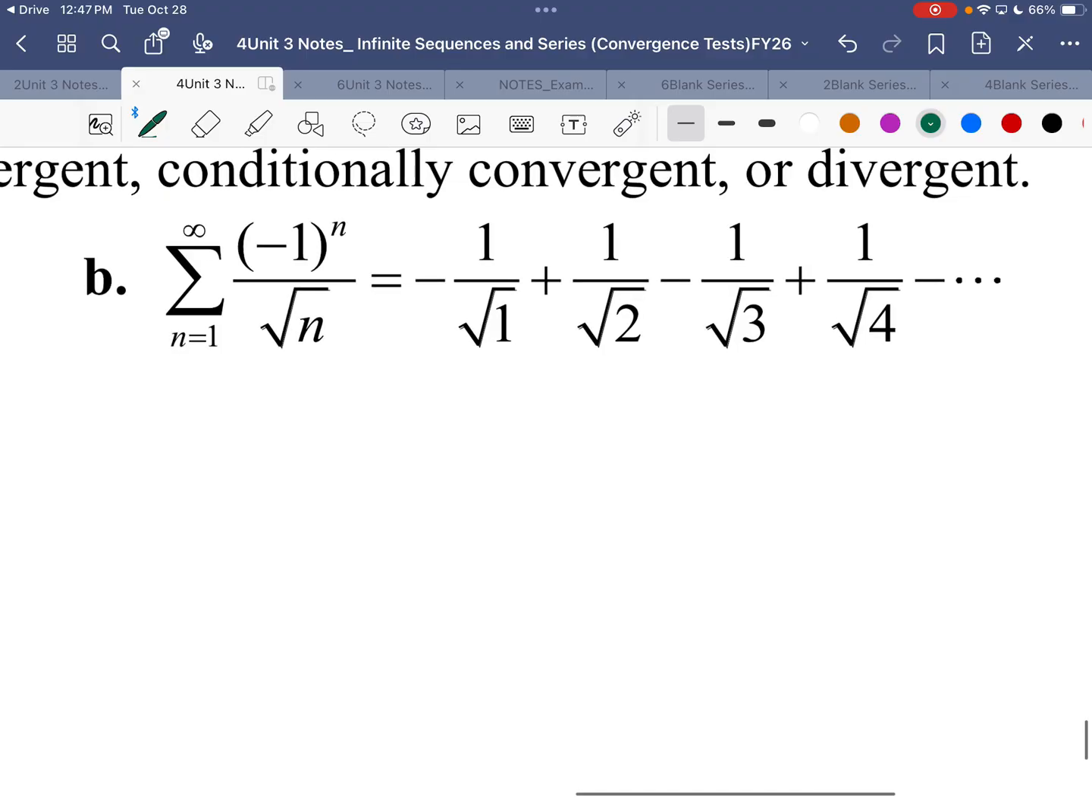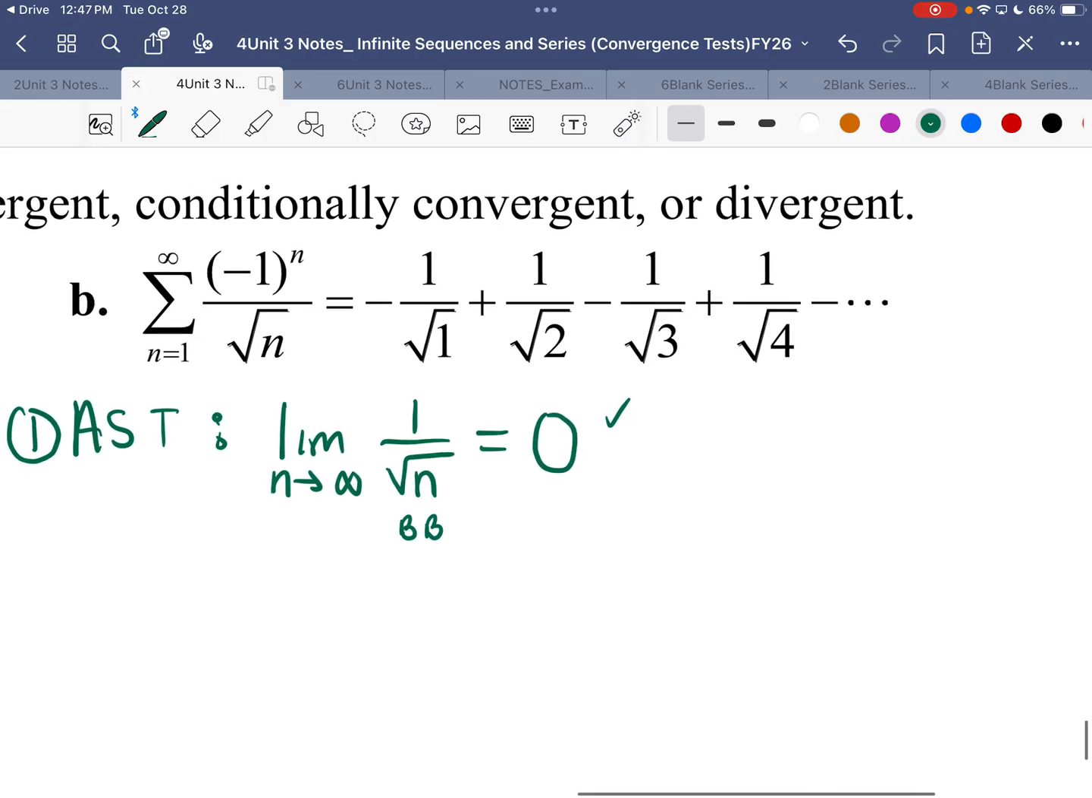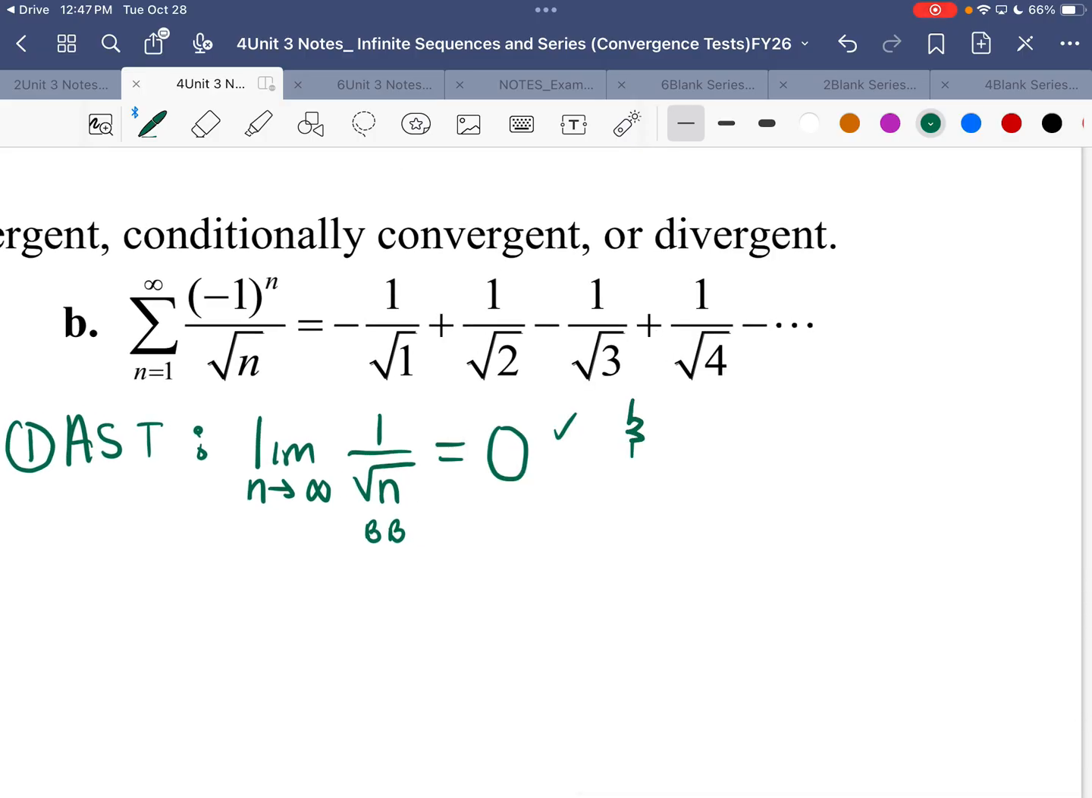On B, is the nth term test for divergence going to work here? No, it's big bottom. It's probably going to be the alternating series test that will work. So remember, the alternating series test has 2 parts. First, the limit of just the non-alternating part has to equal 0. Does it? Yeah, it's big bottom. And then we have to see if it's decreasing. 1 over the square root of n